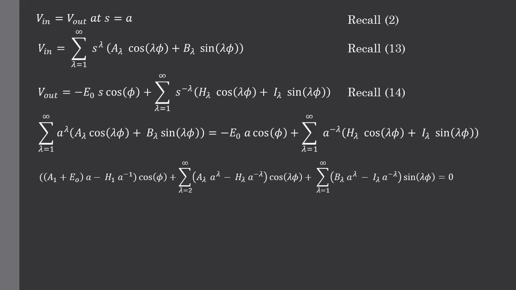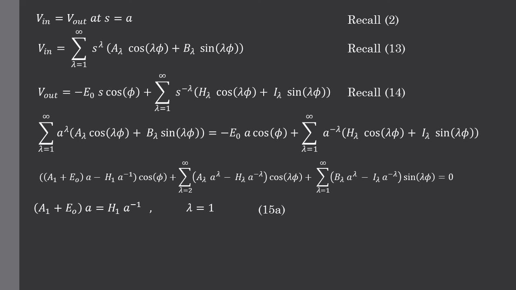So we can look at it and say that in general, a1 plus E naught all times little a minus h of 1 times little a to the negative 1 has to be 0 in general for this to hold. Remember, since cosine lambda phi and sine lambda phi are all orthogonal, there's no interaction between them that allows them to cancel out. So we can use that to get our first statement, 15a, and this connects our h of 1